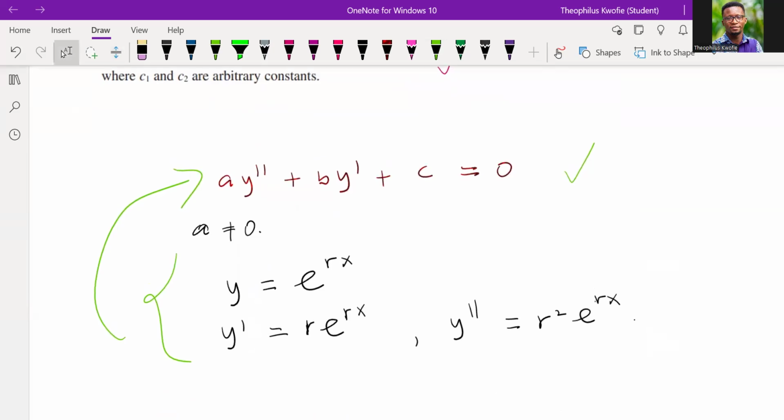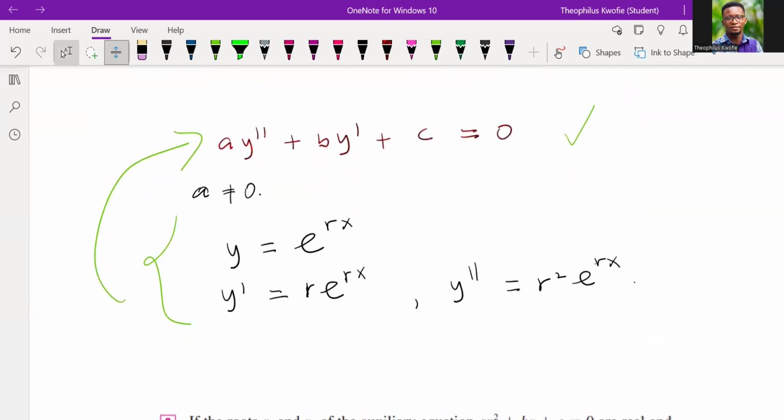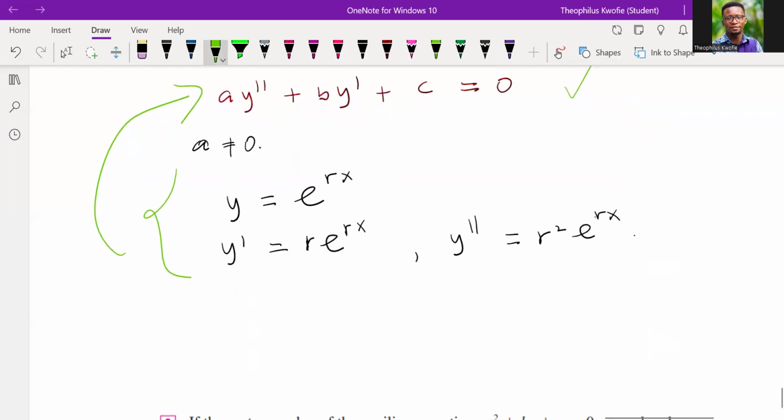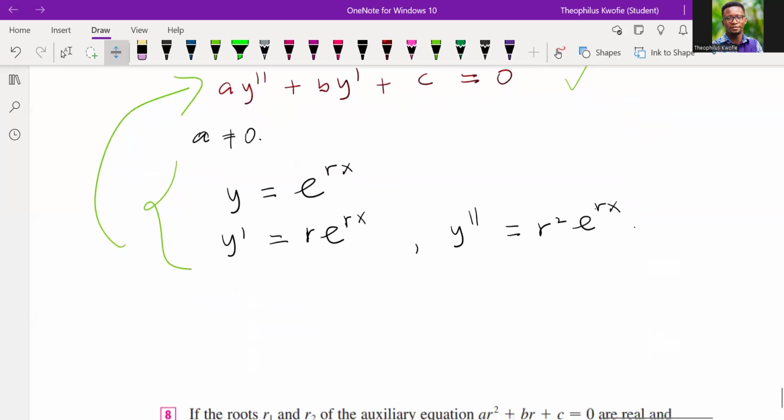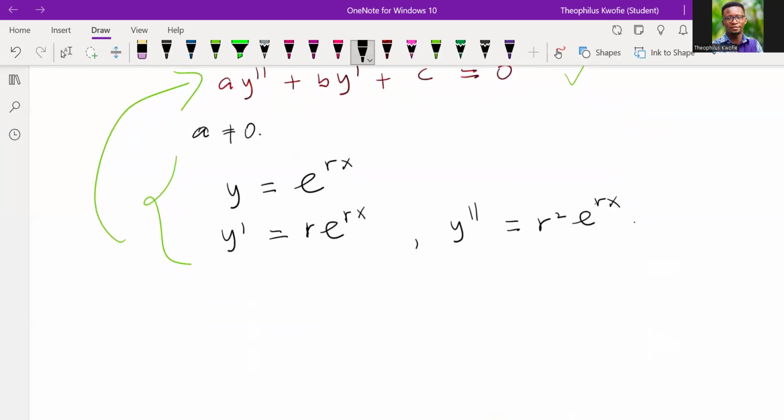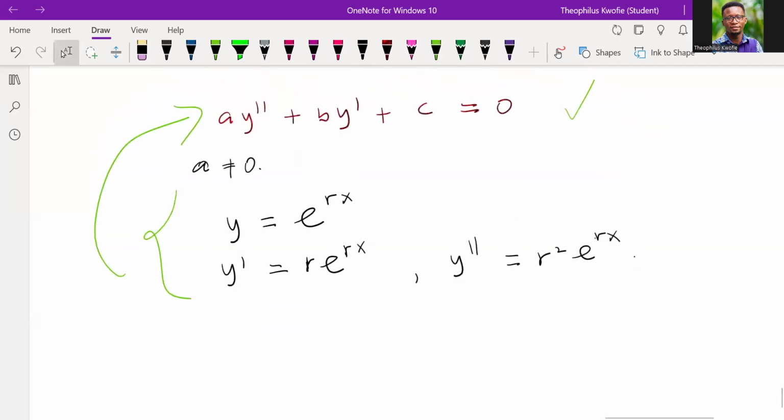And what is the result? Let's take our time to go through everything so that we understand it better. When we plug all of these, the function itself, its first derivative, and its second derivative, back into this equation,